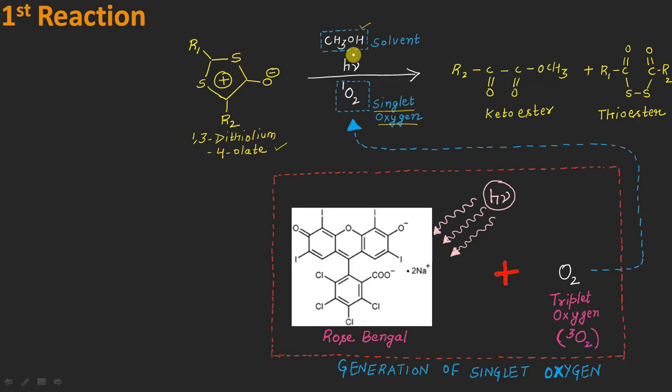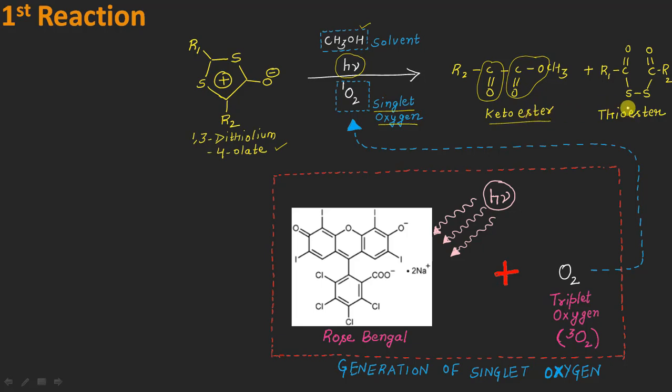And as you can see here, we are irradiating this reaction with some light, or h nu. So basically it is a photochemical reaction. And on this side, you can see that two different products will be formed in this reaction. The first one is a keto ester because it contains a keto group as well as one ester. So it is a combination of a keto and ester. In general, we can call it a keto ester molecule, right? So this is the first product.